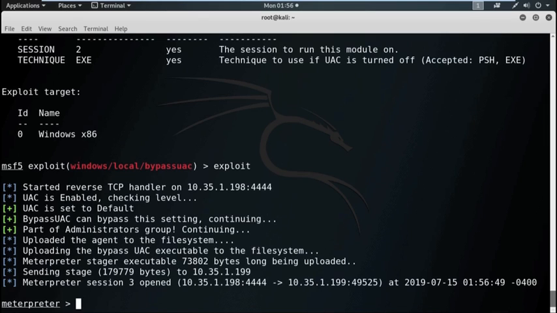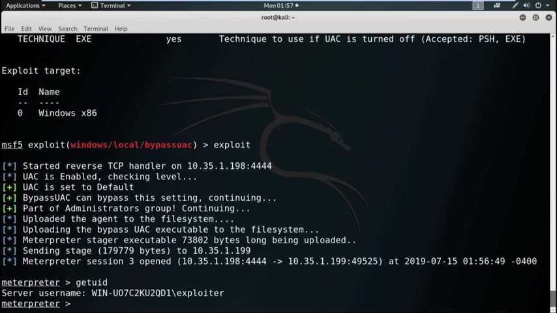Now check the privilege of this particular session by using the command getuid. Still, it does not have the administrative privilege.